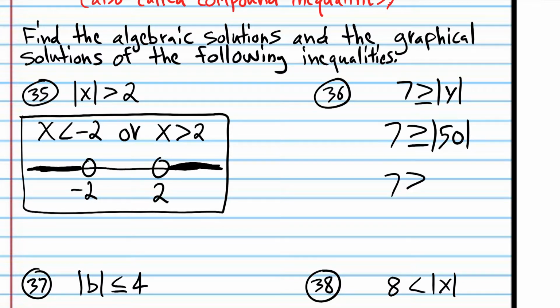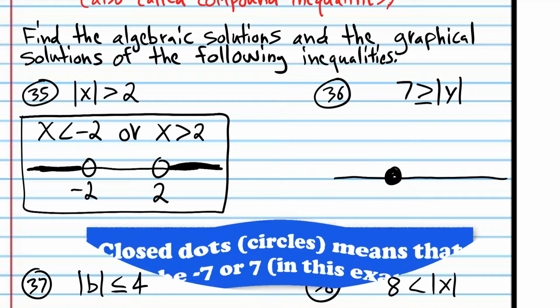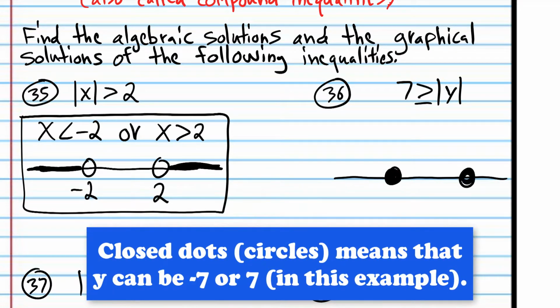And 7 is greater than or equal to 50. You can see that didn't work either. So really big values and really small values, they don't work. But when we tried 2, if I remember correctly, that did work. So what you'll eventually find if you keep plugging in numbers is that, and we're going to use closed dots here because it's greater than or equal to, instead of just greater than,